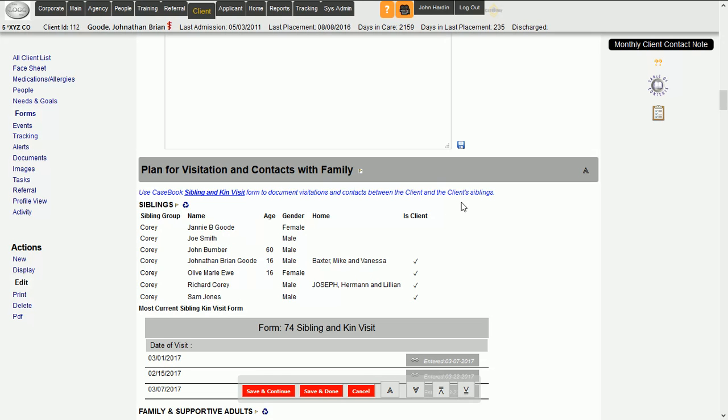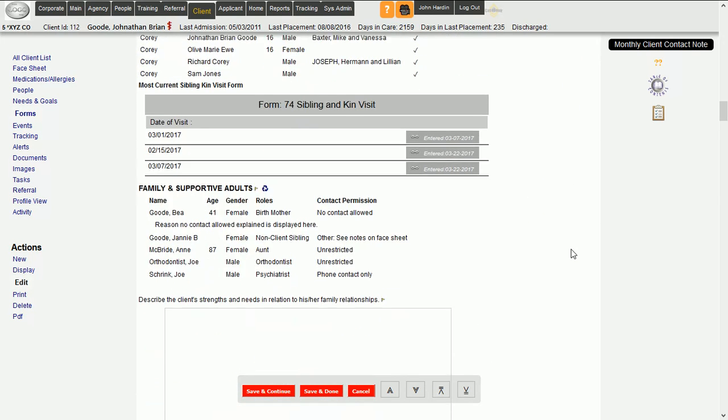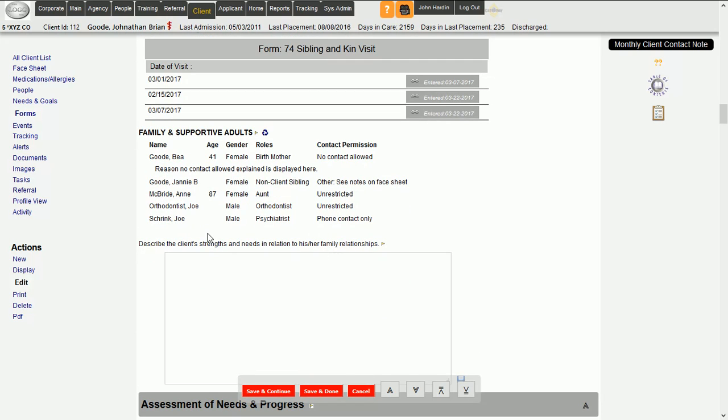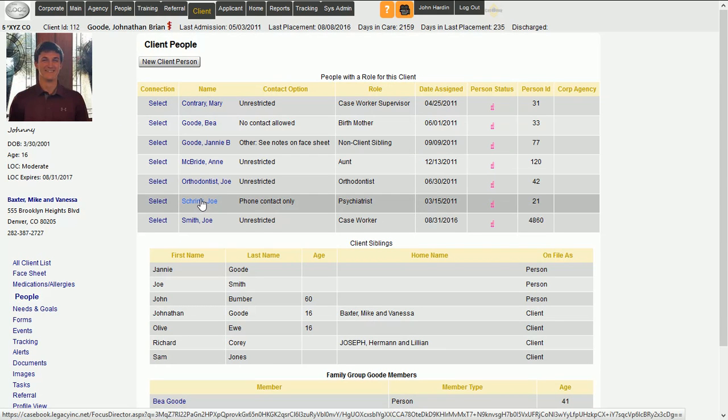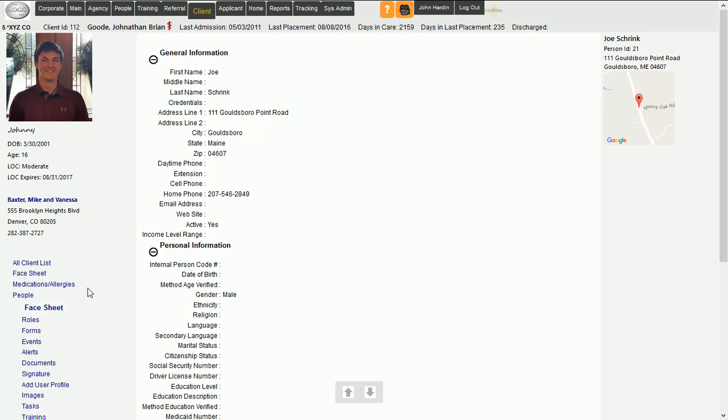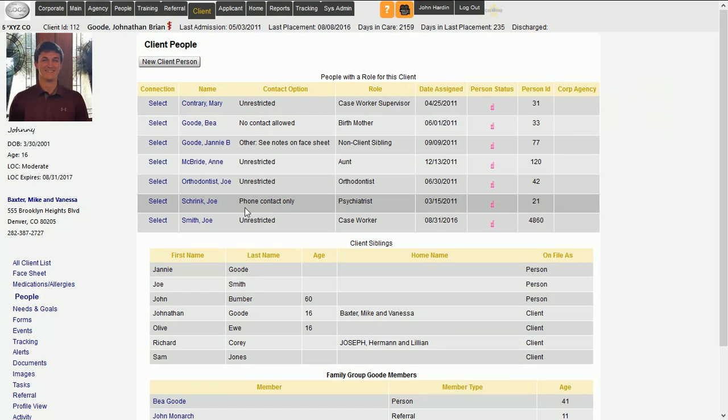So if we were to go in and say we were going to remove, let's say Joe Schrank here is no longer a client person. He no longer is this client's psychiatrist. We're going to leave this form and we're going to go to client people and we're going to look for Joe Schrank here as a person. We're going to go here to Joe Shrink,